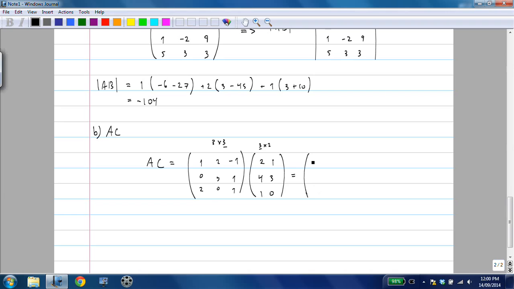So when we do this, we'll have 2 plus 8 minus 1, and then we'll have 1 plus 6 plus 0, and then we will have 0 plus 12 plus 1, and then we'll have 0 plus 9 plus 0, and then we will have 4 plus 0 plus 1, and then we will have 2 plus 0 plus 0. And when we work this out,